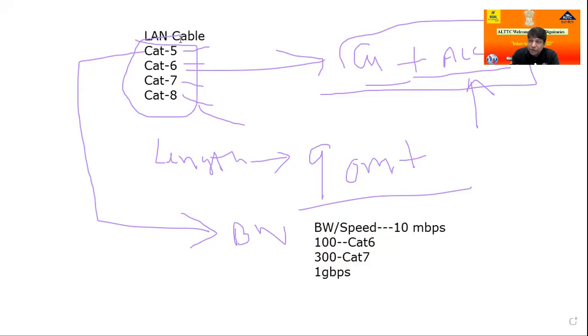Cat7 is even better, 300 Mbps. Cat8 is very high quality, and silver-like material is also used in this case, a higher percentage of silver, but Cat8 cable is not available in India. Currently, internet in India is mostly used with Cat5 and Cat6 cable.